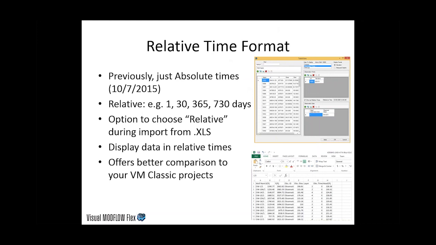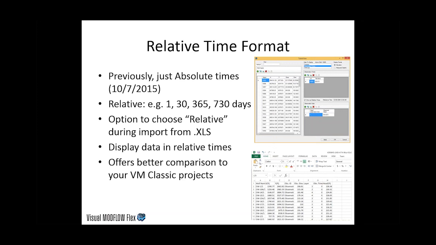We've also had a new option for working with and displaying time-related data. So previously, you would just see most of the raw data in absolute times. This means, for example, like a calendar date, October 7th, 2015, for example. But we found that there's a lot more needs to have well data, whether it be pumping schedules or head observation data shown in relative times relative to an arbitrary starting date. This gave us a lot more capabilities in terms of making comparisons to VMod Classic models and just overall data